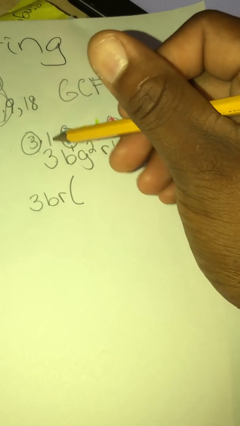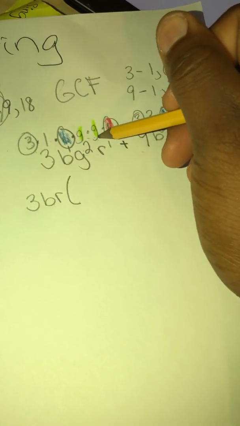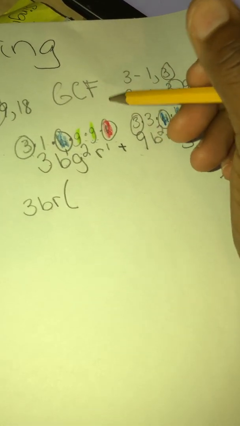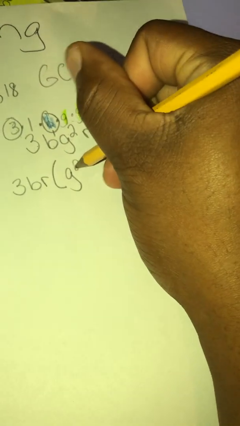So when I look at what's left back, everything that's not circled, I just write it back. So I need to circle my 3's because I didn't do that. Alright, so everything that's not circled. So here I have a 1, but because there's other variables here, I don't need to write the 1. So I have G and I have 2 G's, so that's G to the 2nd power. Then